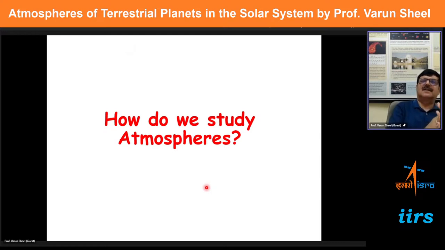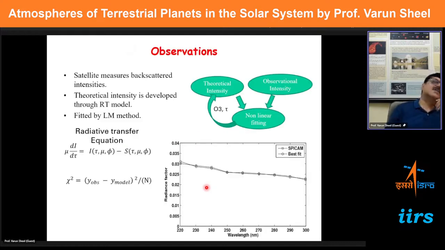The next question comes: how do we study them? Earth's atmosphere we have studied through centuries. We know so much about this, but in effect, how do we study them? So first is, of course, in any scientific query, we try to first have observations. Now, if you can appreciate the atmosphere, how would you observe the atmosphere? I again talked about the composition, the temperature structure, and the physical structure. So these are the three types of quantities you would like to observe.